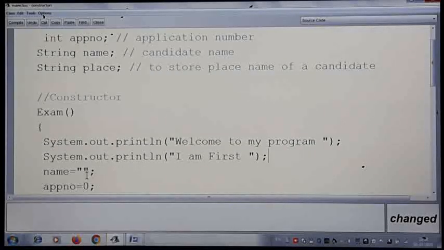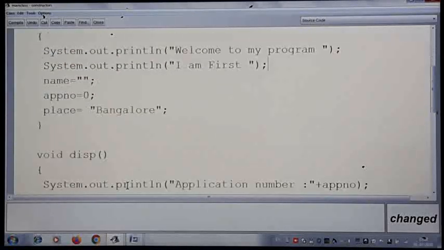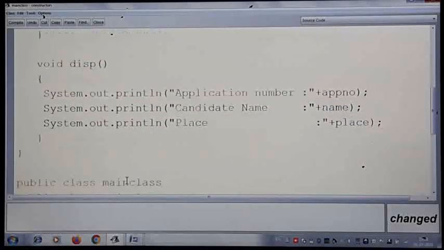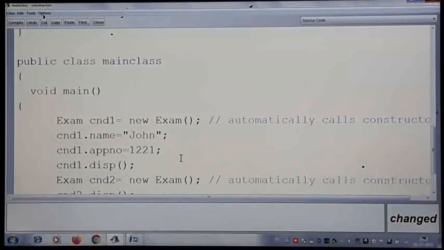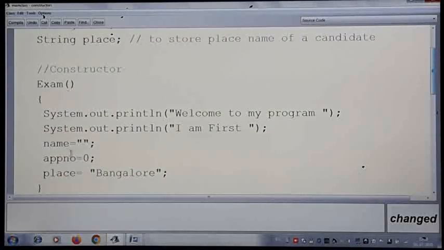First, when you create an object, that object's application number is set to 0 and the place is set to Bangalore, then the display method displays the details. Then we are creating two objects. The moment you create an object, the constructor is called automatically, for the first object too. The name, application number and place are set, and the message from the SOPLN statement is displayed on the screen.